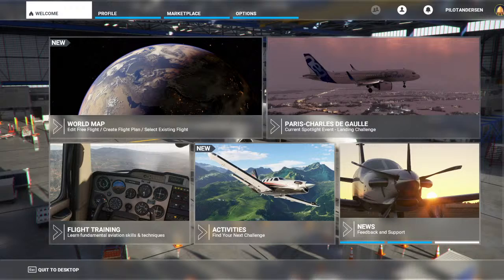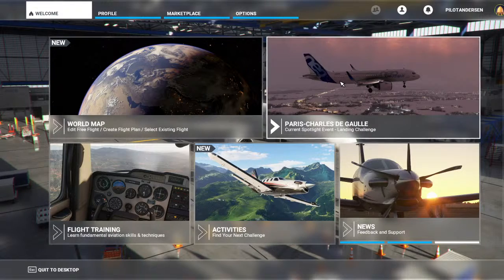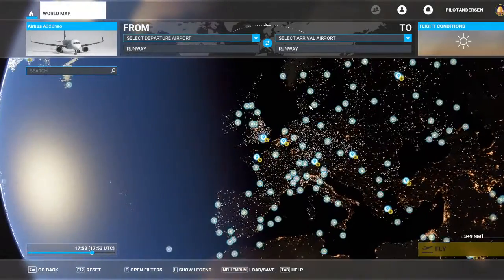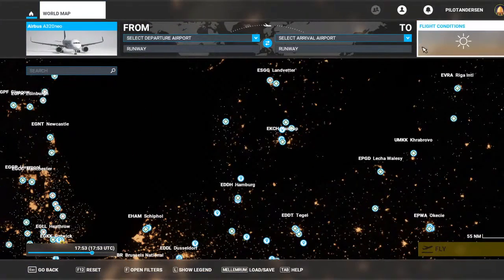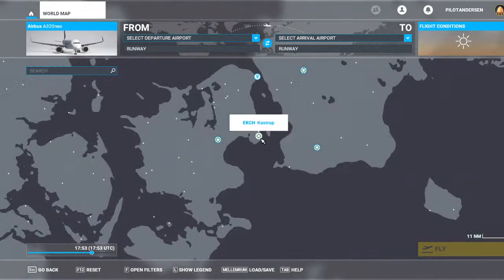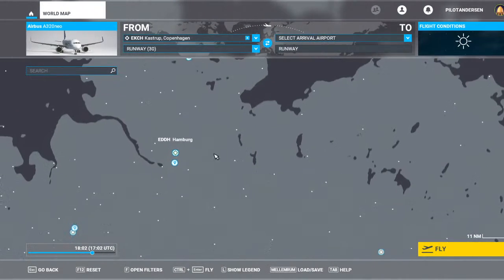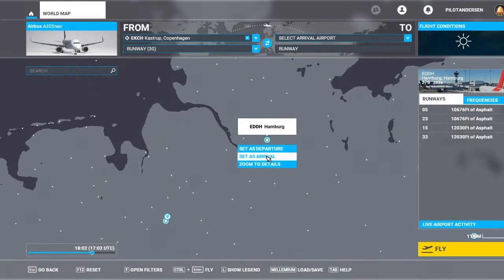So we're going to fly the Airbus 320, this bad boy right here, from Copenhagen down to Hamburg. We're going to go from Kastrup as departure, and down to Hamburg right here to set it